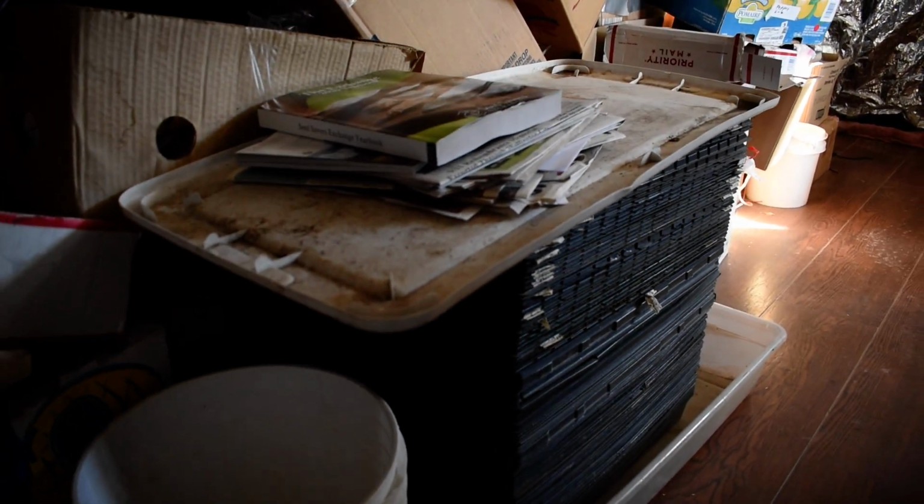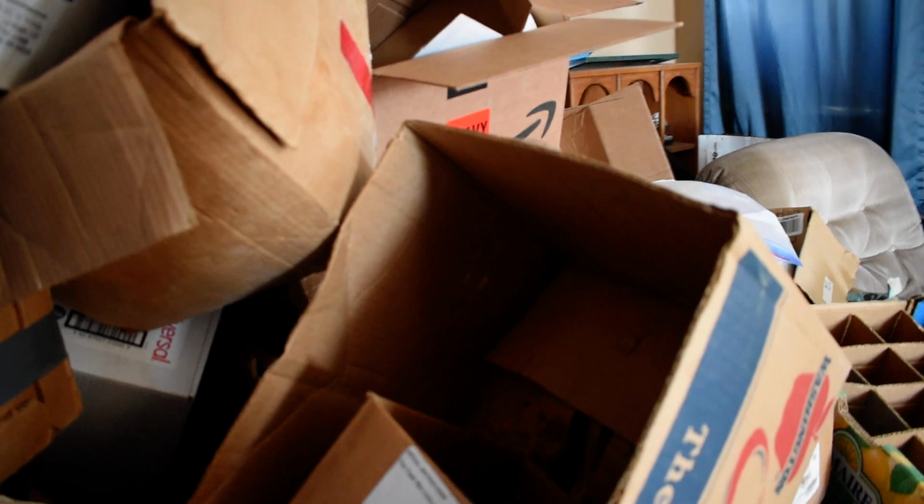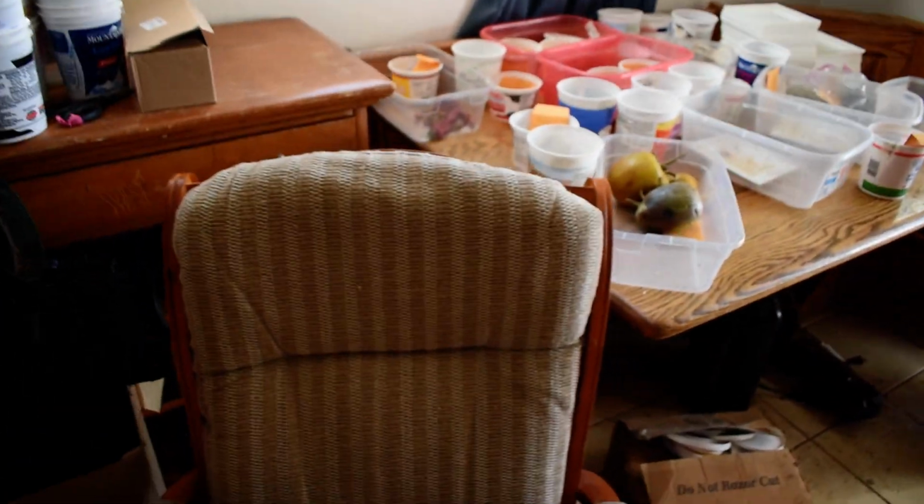trays, plug trays and so on, to start with seed sowing this week, hopefully. So another growing season is on its way. But I still have not finished from last season. On the kitchen table